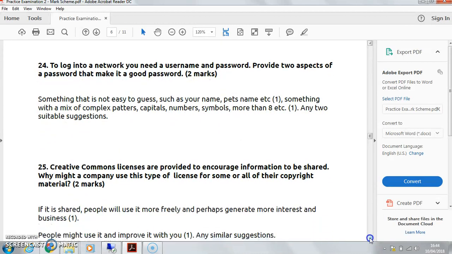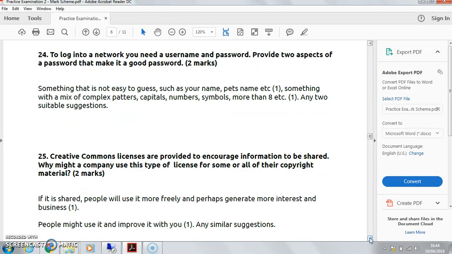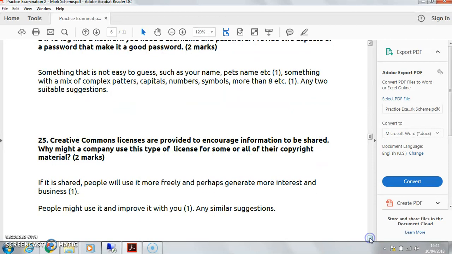And your answer is that if it's shared, people use it more freely. Maybe it'll generate more business for your interest. So if it's, say for example, a menu for a pub or a restaurant, then if it's got a Creative Commons license, you can pass it on and email it to other people and share that information, and it might generate more business